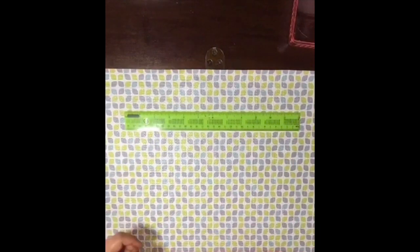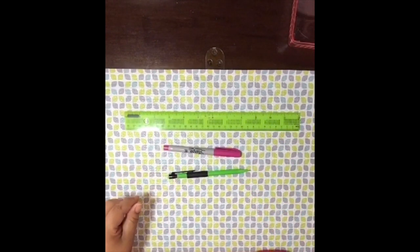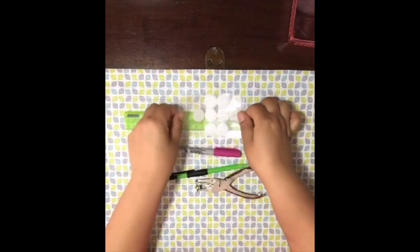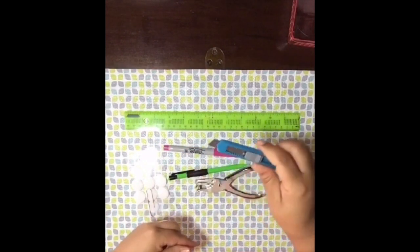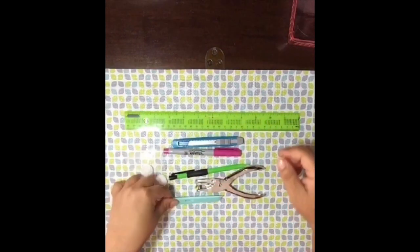The first item we will need is an envelope, a large envelope, a ruler, a fine tip Sharpie or a pen, a pencil, a hole puncher, Velcro dots, an X-Acto knife, box cutter, anything sharp, a scoring tool, mine happens to be two-sided,